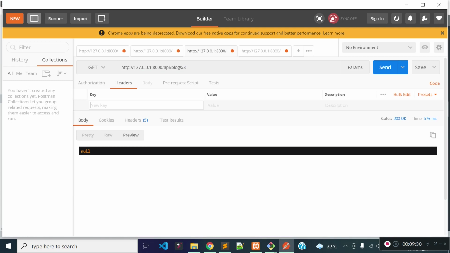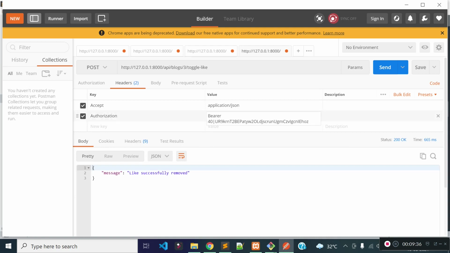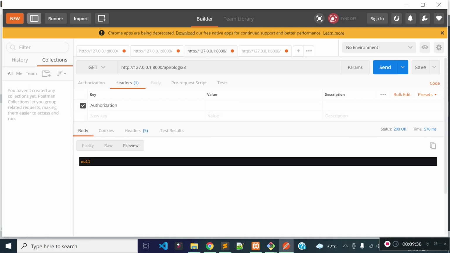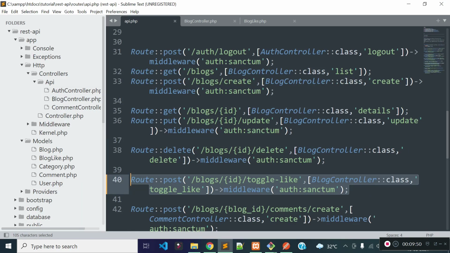Let's provide the API token through the authorization header. Let's copy the authorization token and paste it here. We are providing the API token through the authorization header for this route. Still we are not getting currently authenticated user data, because our blog details endpoint is not protected.